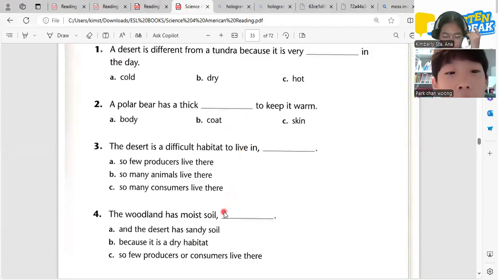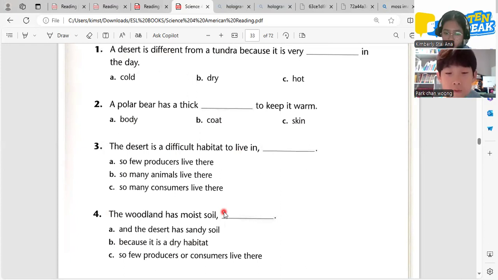How about number two? A polar bear has a thick coat to keep it warm. That is also correct. How about number three? The desert is a difficult habitat to live in, so few producers live there.